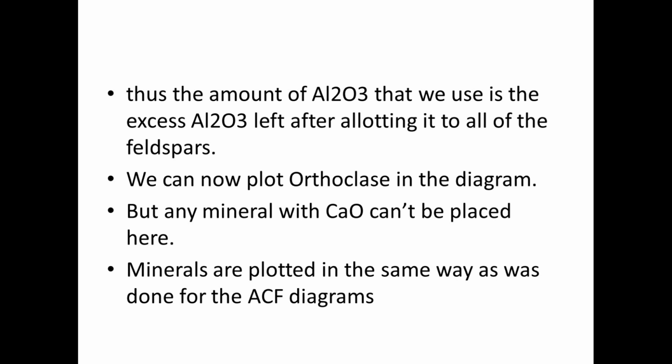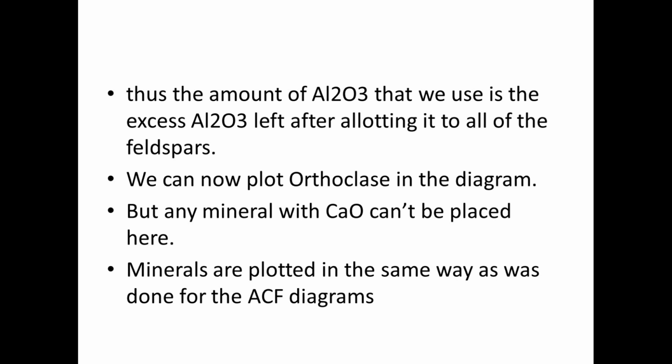See, Al2O3 is generally found with Na2O, K2O and CaO to form feldspar. But here we are interested in that amount of Al2O3 which is left out after the feldspar is formed. Okay. Now K has only the amount of K2O in it, and F equals FeO plus MgO plus MnO, which is the same as the ACF diagram. Now see, by the AKF diagram we have solved one of our problems. That is, we can plot orthoclase in the chemographic diagram.